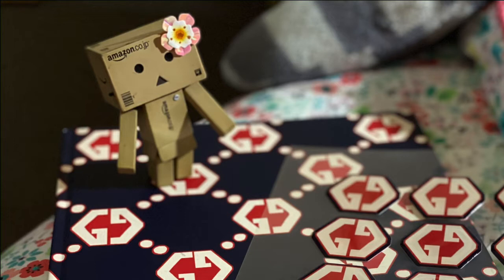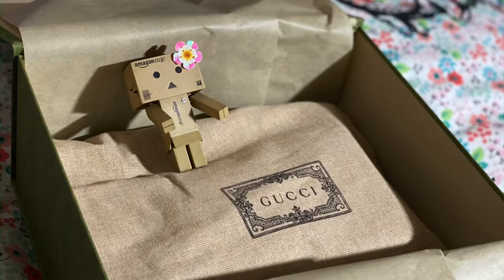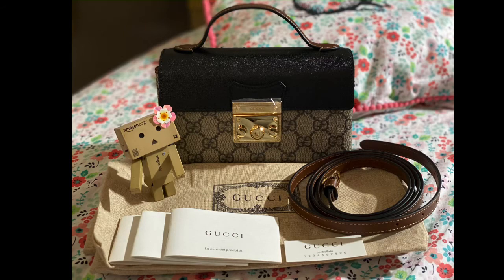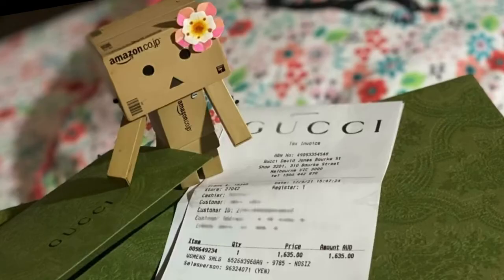Thanks again. Now let's take a look what's inside this box. Ooh, I'm so excited. I hope it's a bag. Oh yes, it's the Padlock mini bag. It came in with a long strap, all these cards, and a dust bag. You can still see the plastic on the hardware, but I'm not gonna peel that off. I'll let Lottie do the honors. So pardon me if it's there all throughout this video. Here is Lottie's receipt. So the bag is retailing for